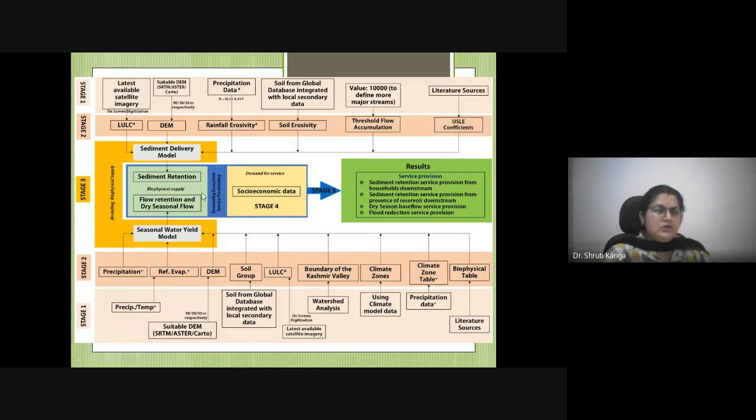Then, based on these data sets: land use, digital elevation models, rainfall erosivity, soil erodibility, threshold flow accumulation, and